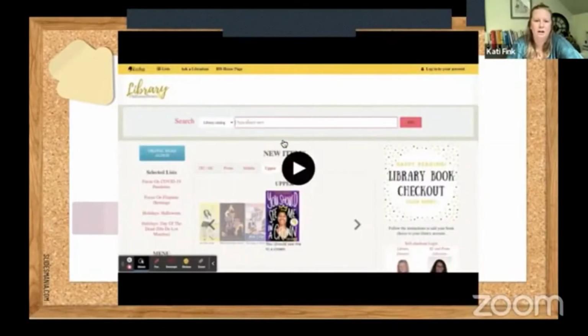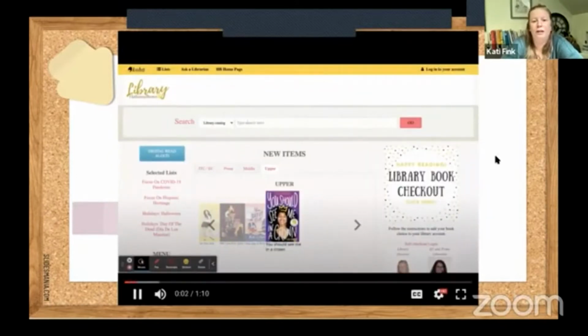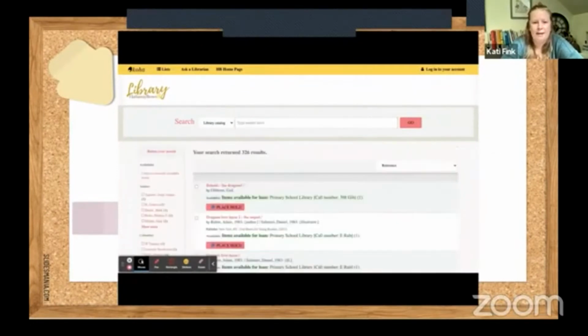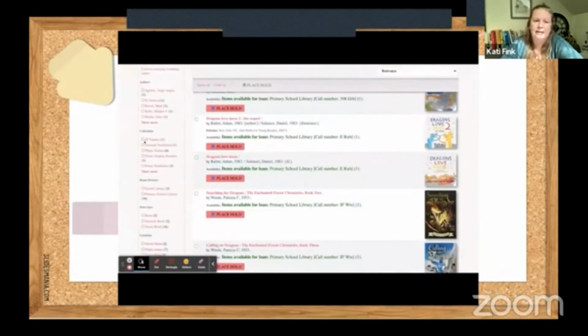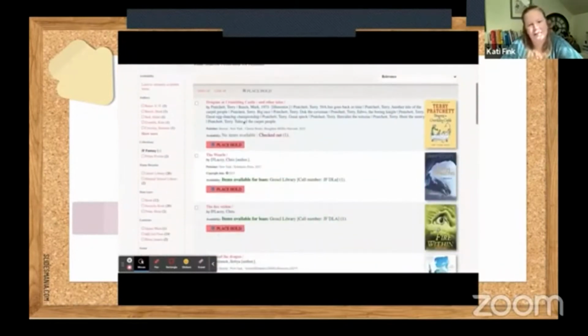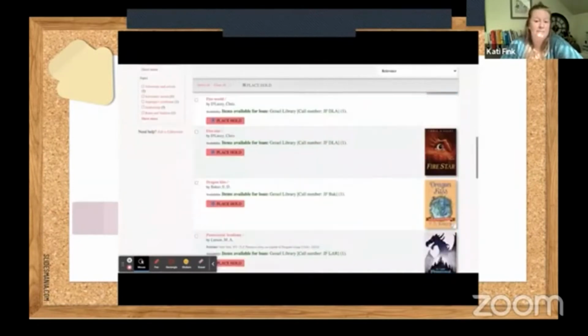So this is what our collection or OPAC looks like. If you were to look for a book, a student can type in what they're looking for, say it's dragons, and it will pull up and show them the results for all the libraries. Now they can go over to the collection section and just click on JF Fantasy, and they can pull any book that's in the middle school collection for fantasy that has dragons in it,